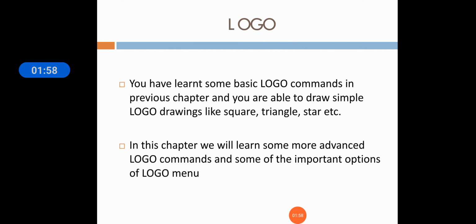So what is Logo? We have learned some basic Logo commands in the previous chapter, and you are able to draw simple Logo drawings like square, triangle, star, etc. In this chapter, we will learn some more advanced Logo commands and some of the important options of the Logo menu. Students, in the previous year we have learned how to draw square, triangle, star.